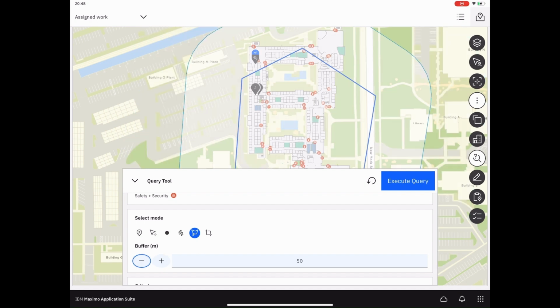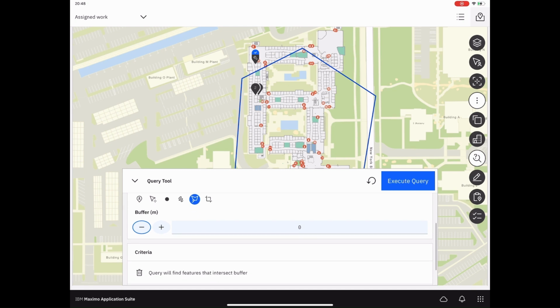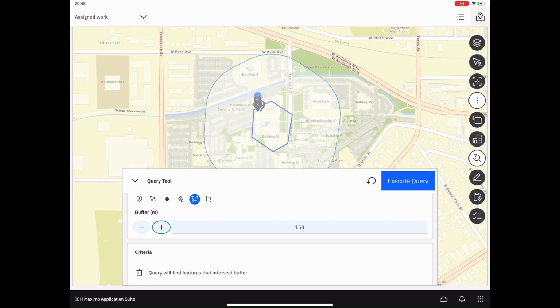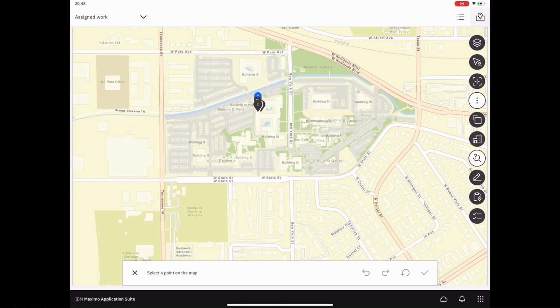So I can expand the polygon that I just drew to get a bigger area, or I can just put the buffer as 0 and we'll get only what is inside the polygon. There is also the option there. The last one is I want to execute the query against the extent of the map and also with a